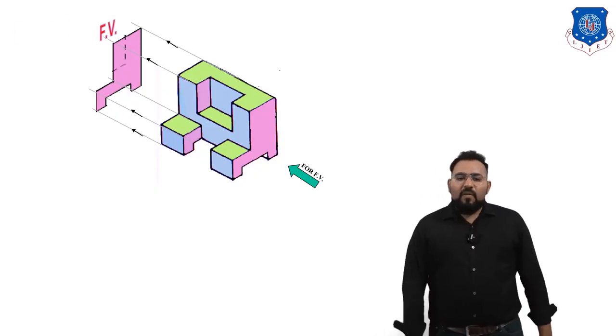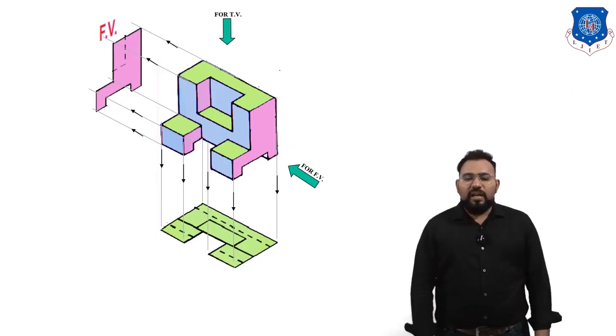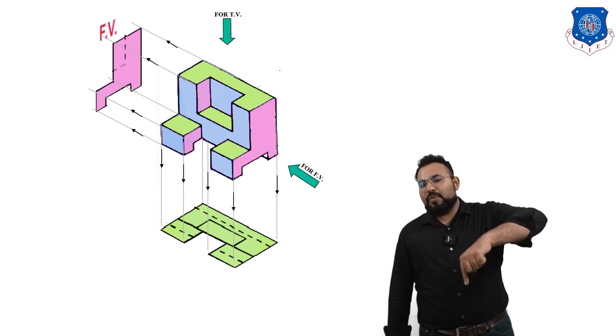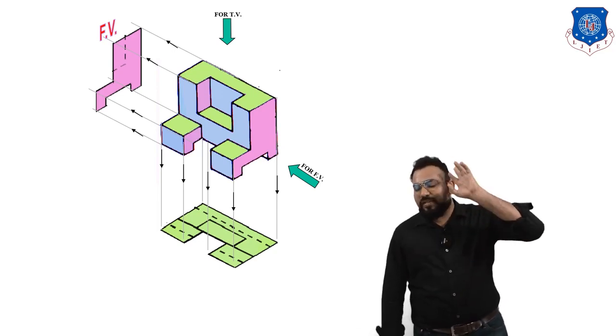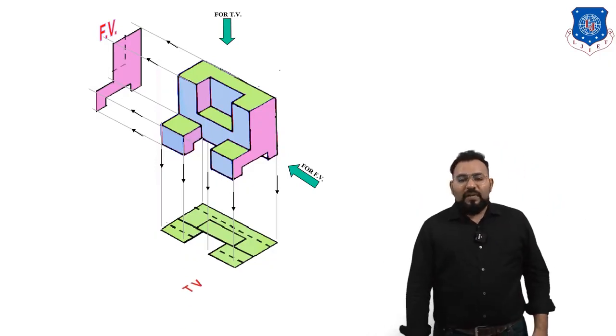Okay, now let us draw the top view. So you can see the top view is over here. Whatever dotted line is there shows that when you are looking at this object from the top, there are some edges which are not visible. So find out those edges. That will be for you, for practice purpose.